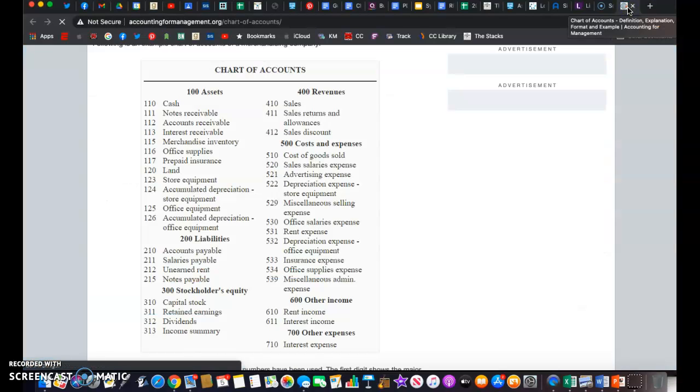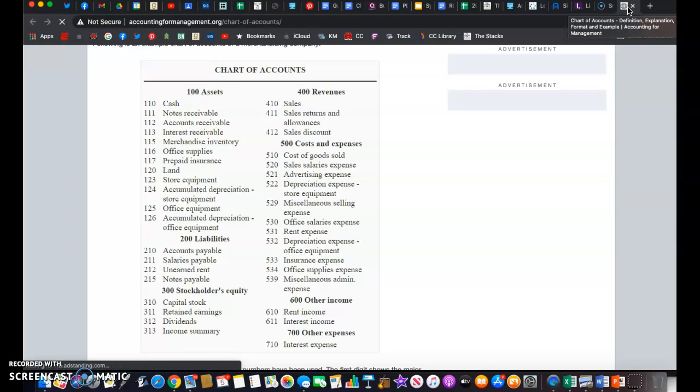Okay, so we're going to get started with Chapter 4. If you look at the title of Chapter 4, it says Posting to a General Ledger. But before we start talking about that, I want to talk about Section 4-1, which is called Chart of Accounts. Realistically, this almost could be something in the very first chapter, because when you create a business, the